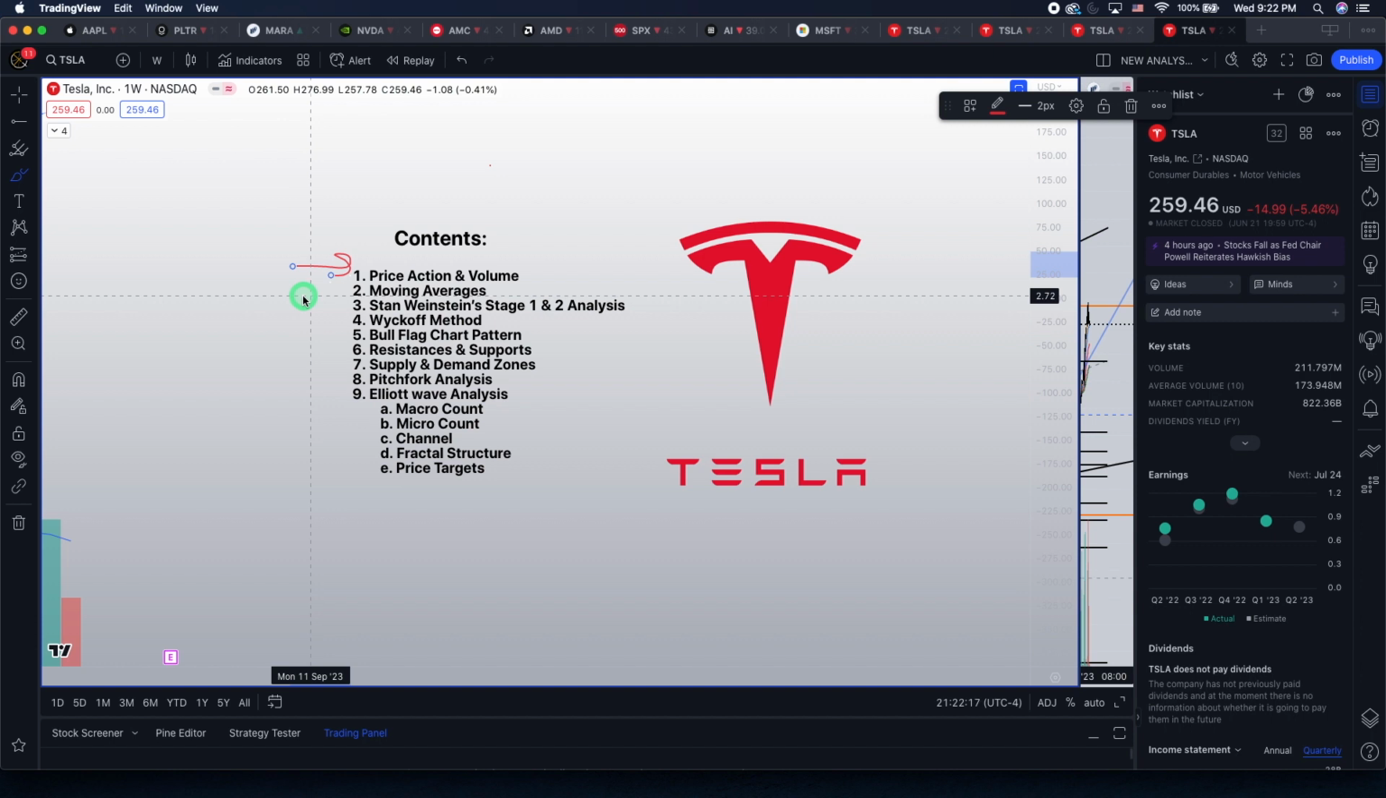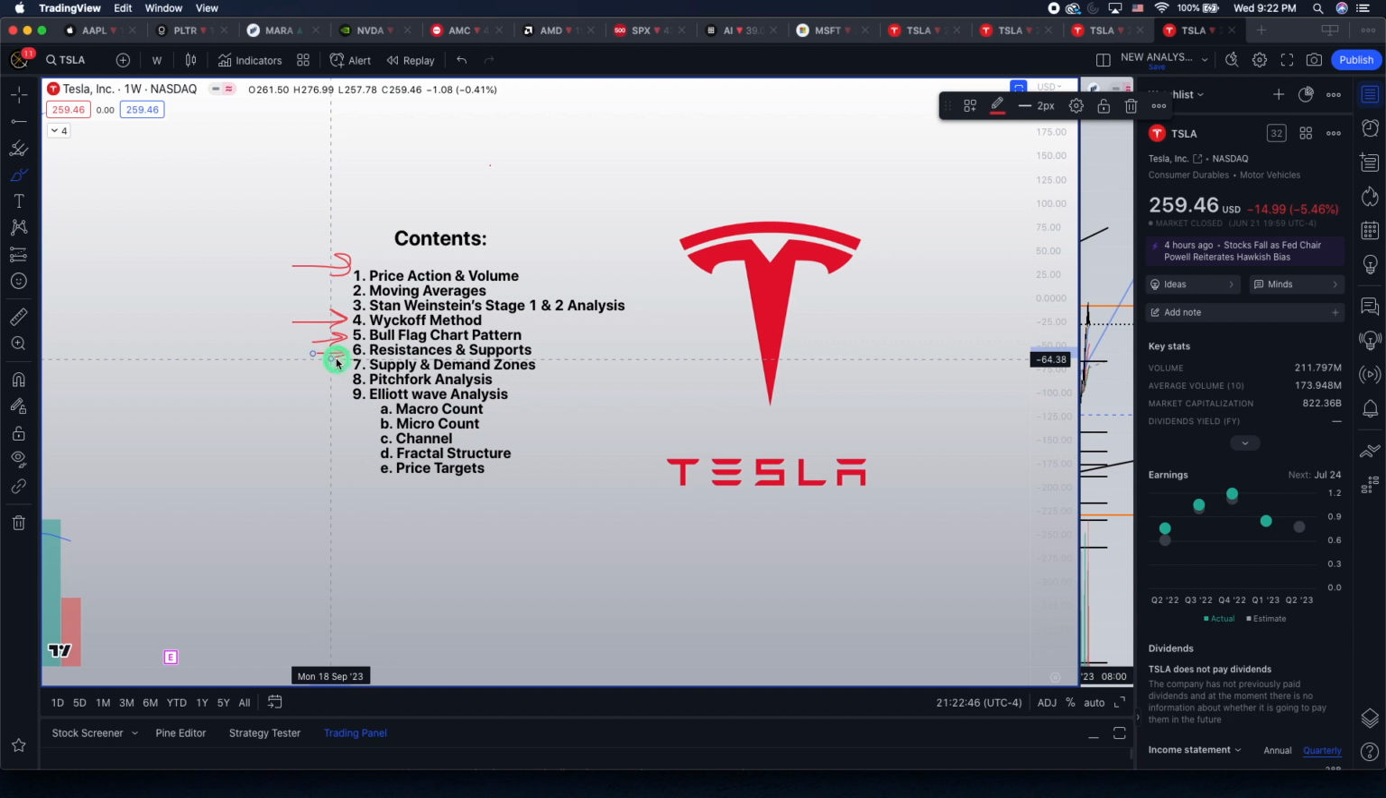We'll take a look at it also in terms of Stan Weinstein's stage 1 and stage 2 analysis. If you guys don't know what that is, I'll give you guys a brief overview of that. The Wyckoff method in terms of its reaccumulation schematic. We'll go over some basic chart patterns besides the bull flag breakout. If there's anything else that we can recognize, talk about some key resistance levels that are coming up and any